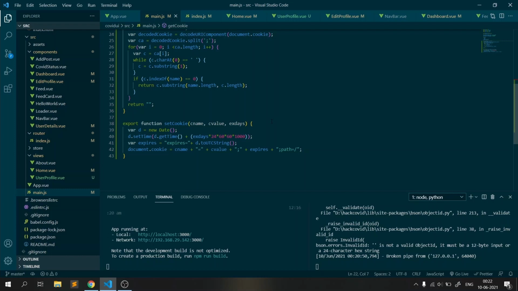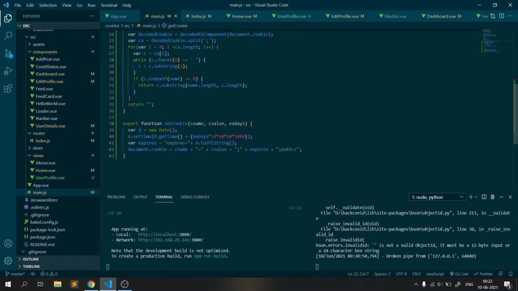So you can actually expire cookies, that is, the cookies will automatically get destroyed once the expiration date or expiration number of days are reached. That means you can make a cookie alive for a particular amount of time and then you can automatically destroy it. Here that same thing is happening. We are converting that expiry number of days to number of milliseconds, and we are passing that into the date object that we initiated.